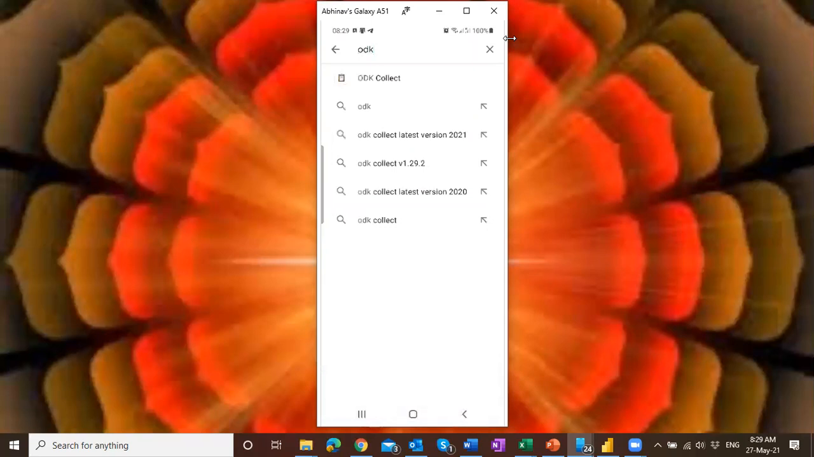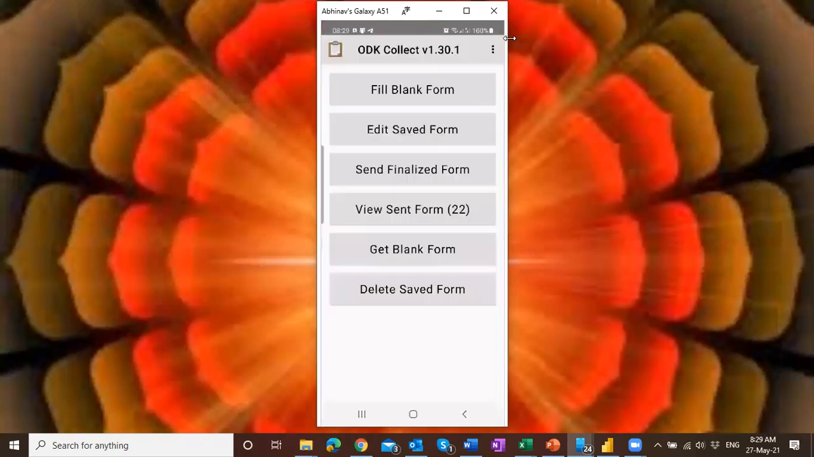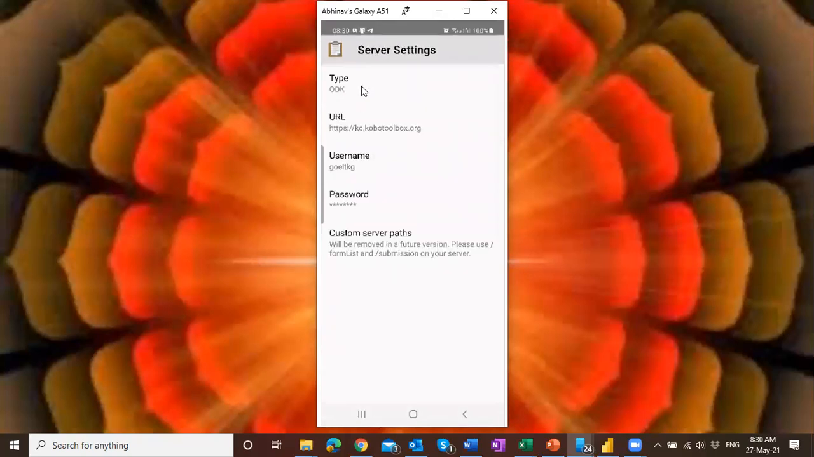Now I have already configured my ODK Collect. So this is the app. Once you download it, it will appear like this, which shows fill blank forms, edit saved forms, finalize form, view sent forms, get blank forms, and delete saved forms. Once you download, you need to configure your ODK Collect: if you click these three dots, you can go to general settings and under server, you need to connect with your Kobo Toolbox with your credentials. I have already configured it, and hence